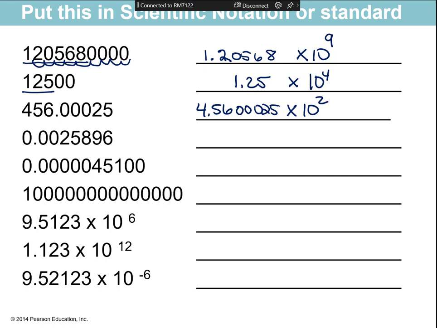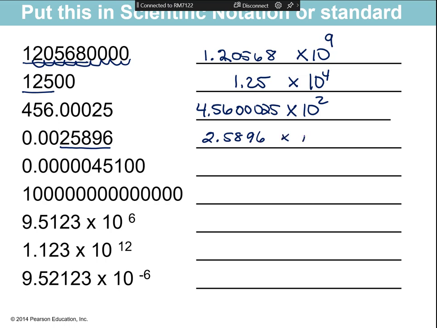Now this one's a little different than the top ones because this is a number less than 1. So decimal place is going to go which way? To the right. How many significant figures in this number? 5. So everybody got these. Remember the zeros out front, when you go scientific notation, the zeros out front are going to disappear because they're not significant figures, but all the rest of these are going to stay. So this will be